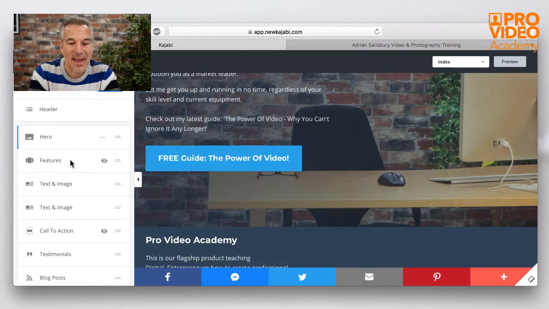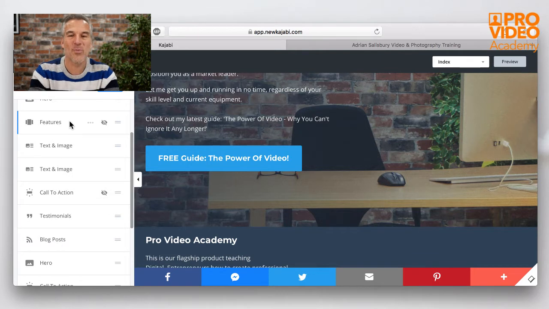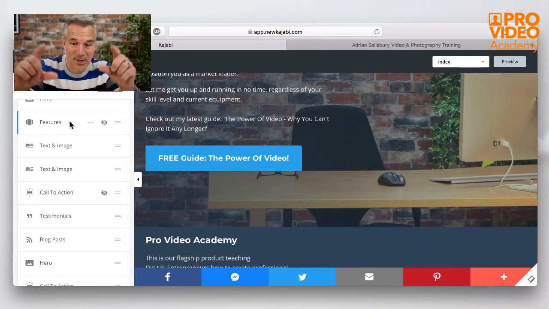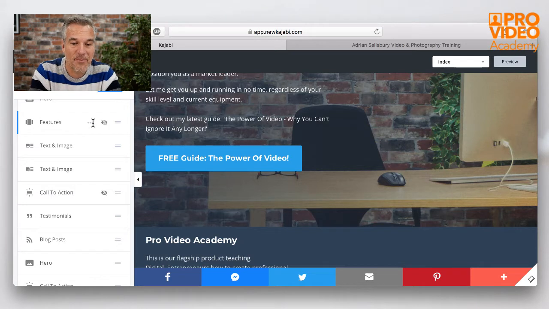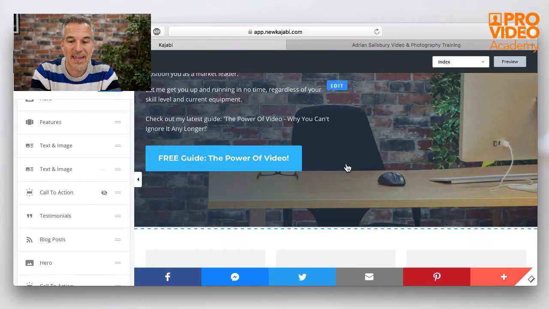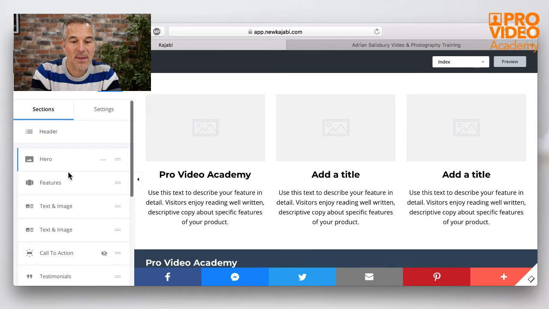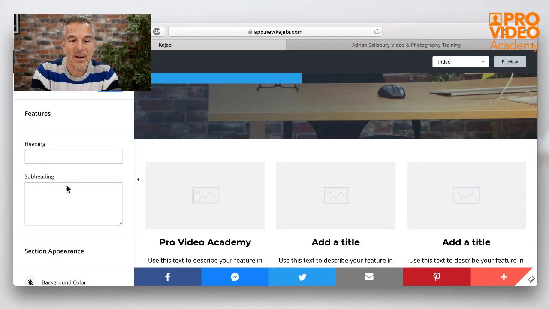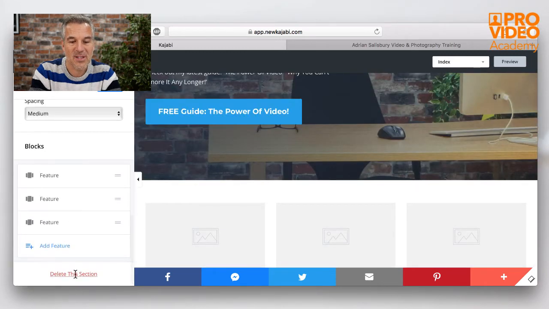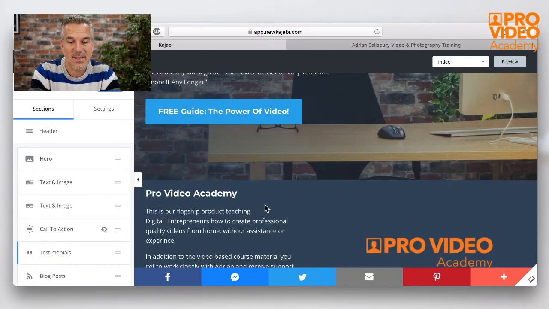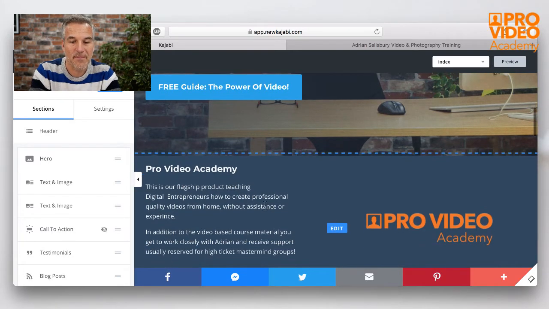So down the left here, I've got that hero section. I've actually got a section hidden. What you'll find when you open this up to do a new website is it will come pre-populated with blocks, and I've been lazy here. What you can do is just hide and show these elements if you want. So when I show that again, you'll see what I mean. This is how it comes in by default, but I don't particularly want this section. So I can either, as I've done there, tell it to hide at the side here, or now I'm in this section, I can tick at the bottom there and say delete it. So it's only on the ones that they're putting in for me.